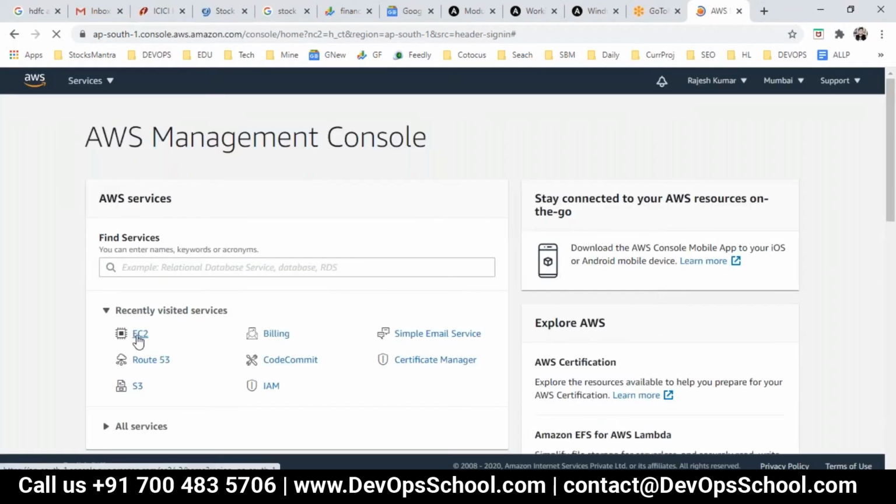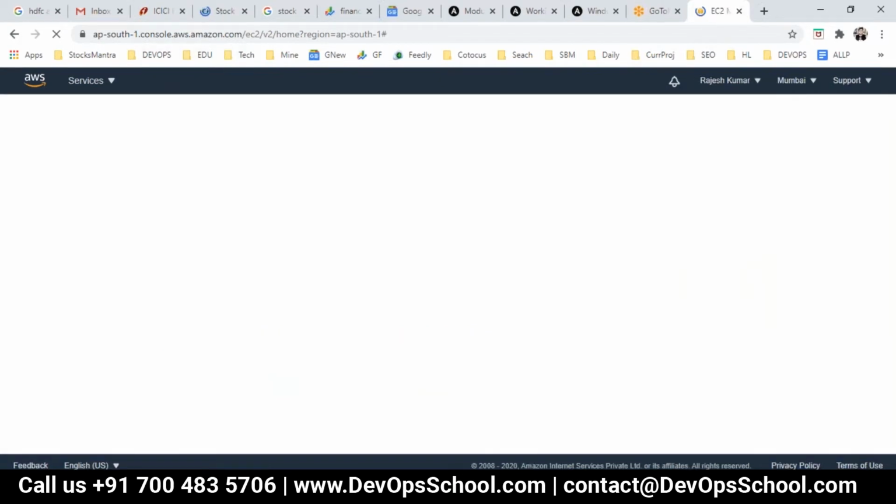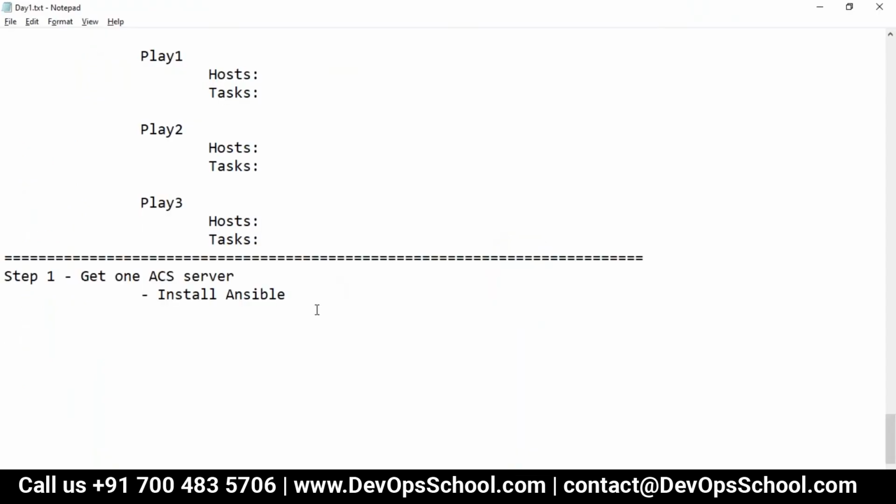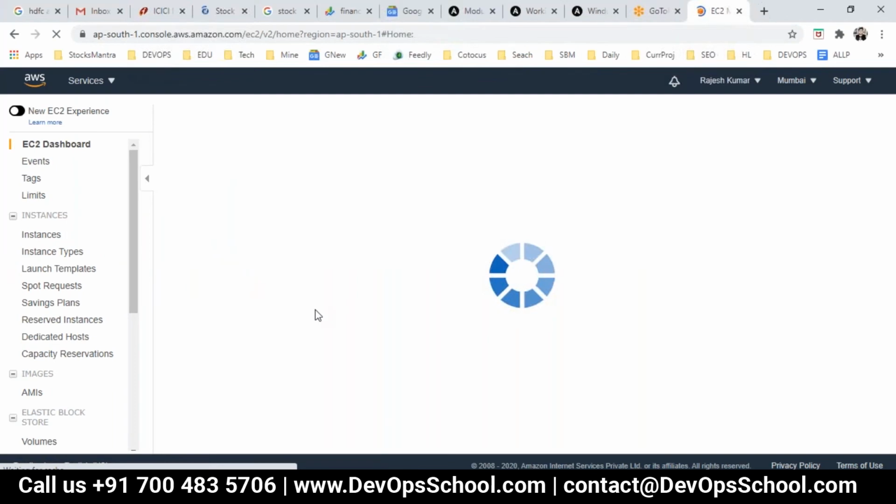Okay, EC2. What we have decided is that for all the demo and the live infrastructure, we will use CentOS 7. So launch an instance.